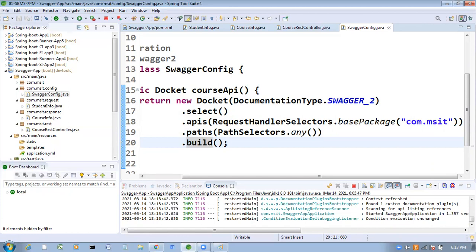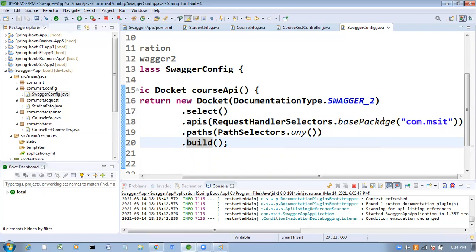Here, what does this Docket do? Docket implements the DocumentationPlugin interface, which we use to generate the documentation for our API. Whatever base package we specify, inside this package we have multiple REST controllers.